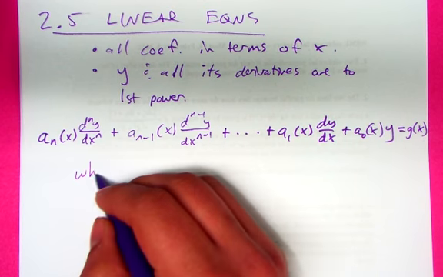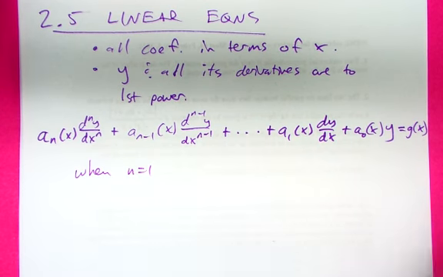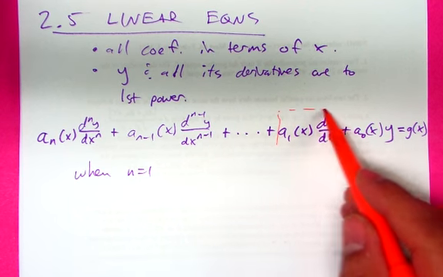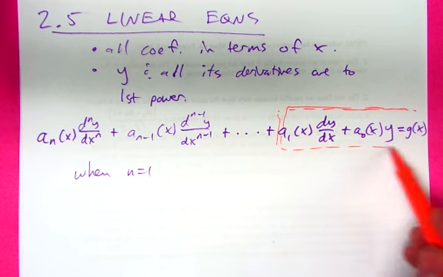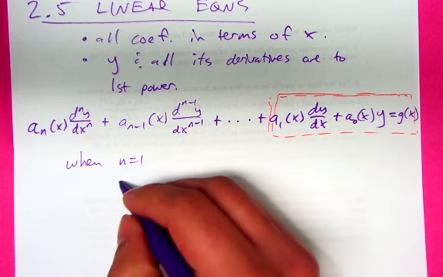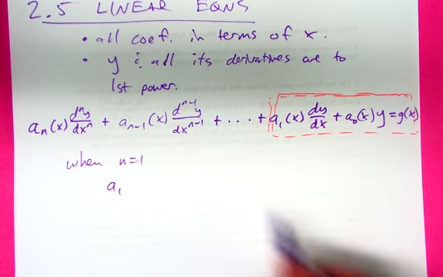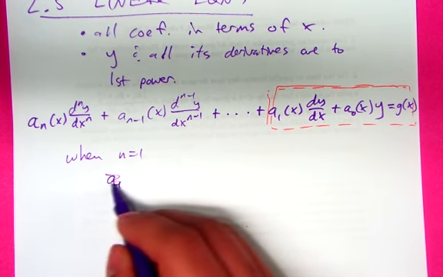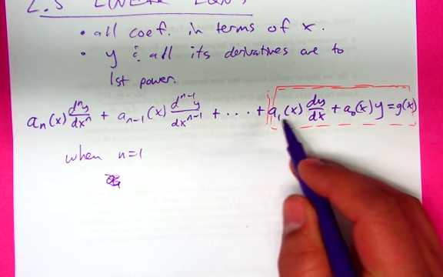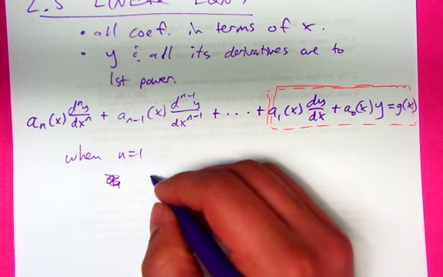When n is 1, then all we're looking at is this. Okay, so we're going to start with some easier first order equations. Actually, let me skip a step. If we take the stuff that's in the orange box here and we divide by the lead coefficient, a1 of x, then we get the standard form,